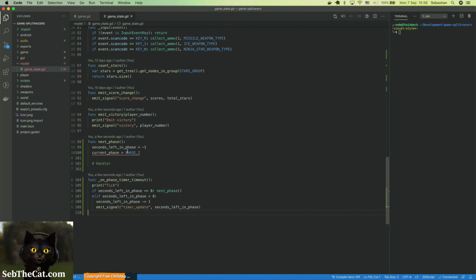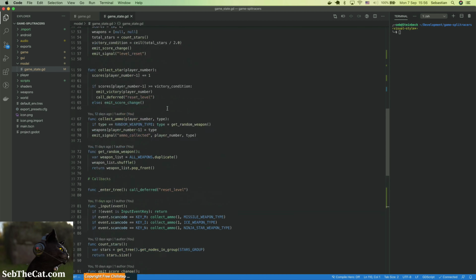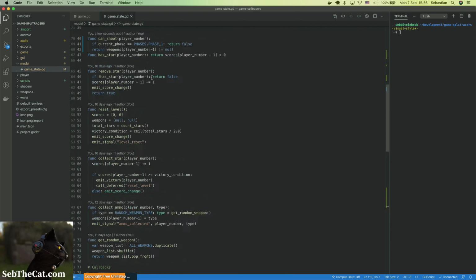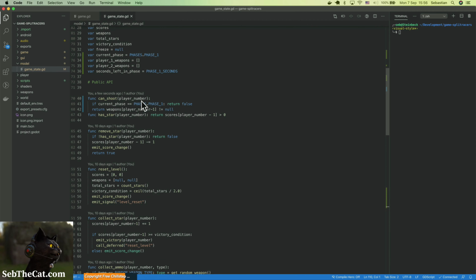We need to prefix the enums with the name of the enum. So phases.phase 2. And then we should be able to shoot again, because we said we check if phase 1 is there, and